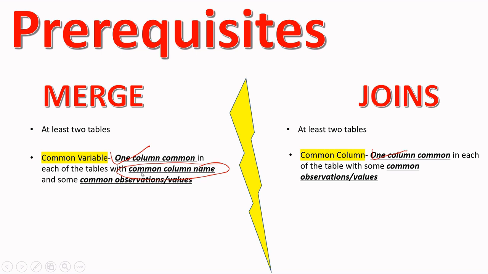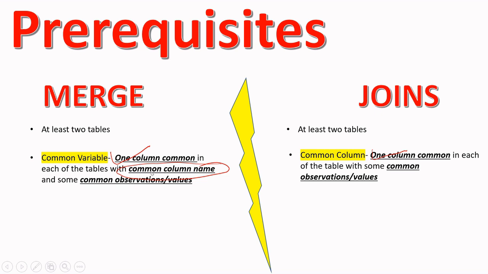And the column name should also be the same in both of these two tables if you are using two tables only. But when you try joins, it's not necessary that the column name should be the same. The only thing which is important is that one column must be common in both of the tables. Now the second prerequisite,